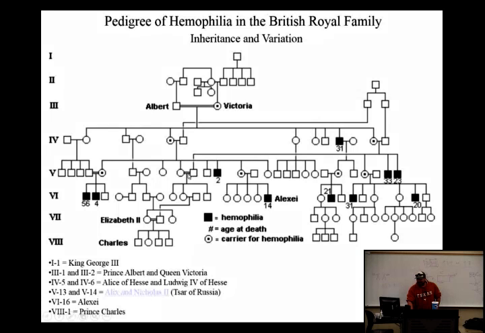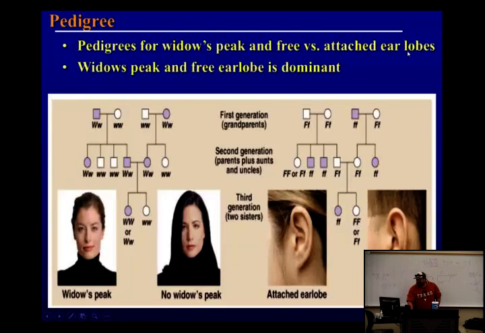I mean, father or mother. Really. Yeah, but the double line. This is normal. This is not. Cousin. Yeah. Okay. And then we talked a little bit about this in lab. Although I couldn't get the slide to come up, so remember what I told you, widow's peak is dominant. It looks like that. And then this is recessive. And we did the genetic testing on this.